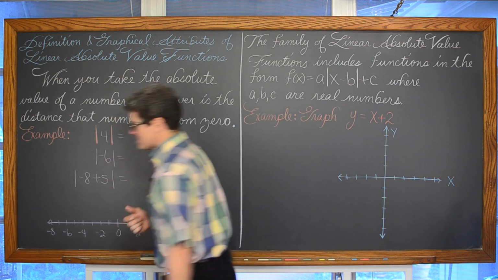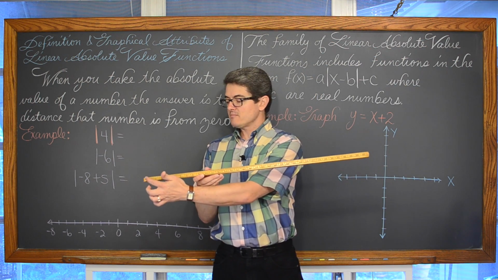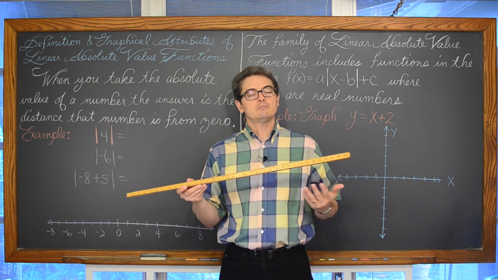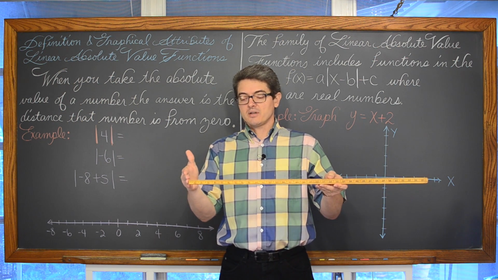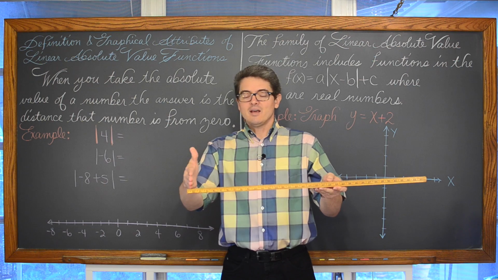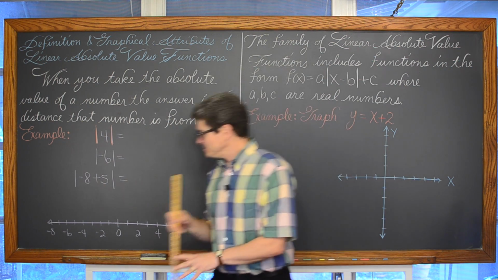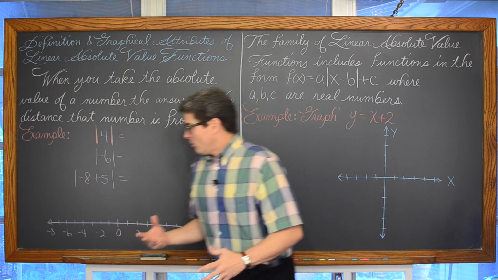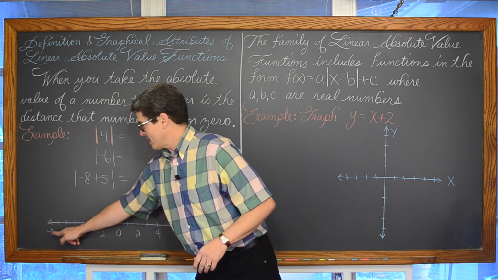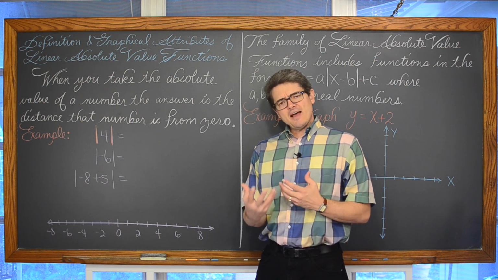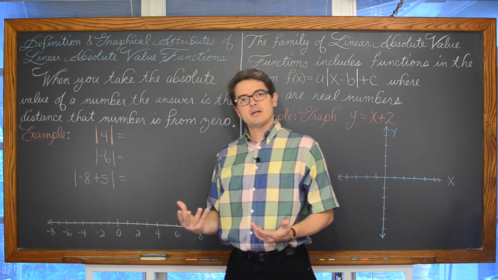Now, a distance, here's an old yardstick. It goes from 0 to 36 inches. It's measuring, in this example, length. It's kind of like a number line, where this is 0, and we're just dealing with all the positive values, all the numbers to the right of 0. Well, when we deal with negative numbers in mathematics, like -2, -4, -6, -8, those numbers are indicated as being negative because they're on the left side of 0.